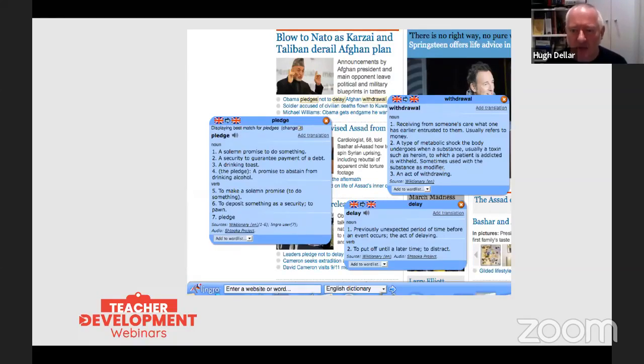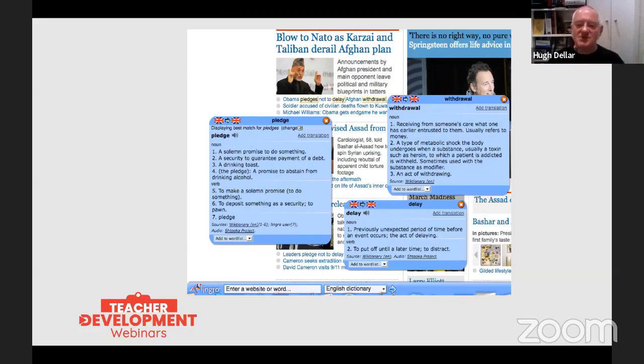Withdrawal: "a type of metabolic shock the body undergoes when a substance, usually a toxin such as heroin, is withheld." Again, written in language that's more difficult than the word you're looking up and not the meaning. So it must be meaning three. Meaning three: "an act of withdrawing." Well, thank you for that. That's really helpful. It's useless.